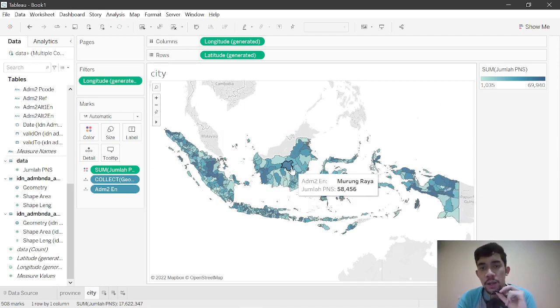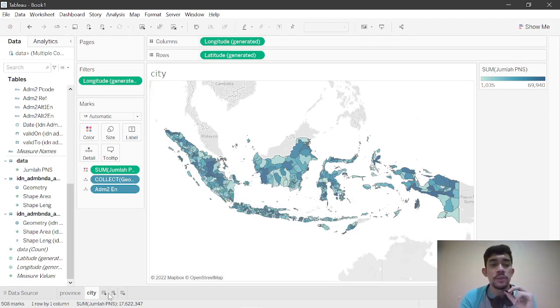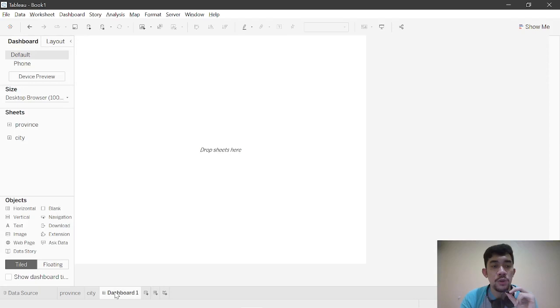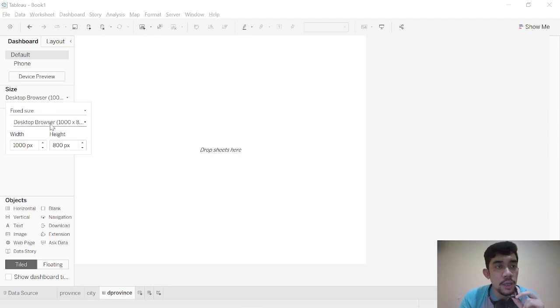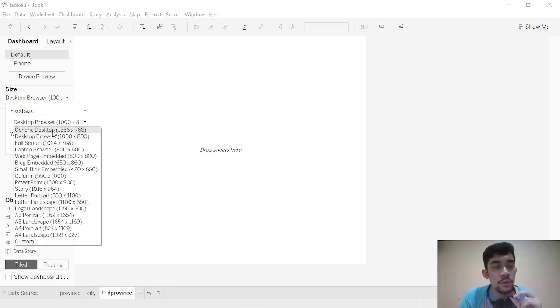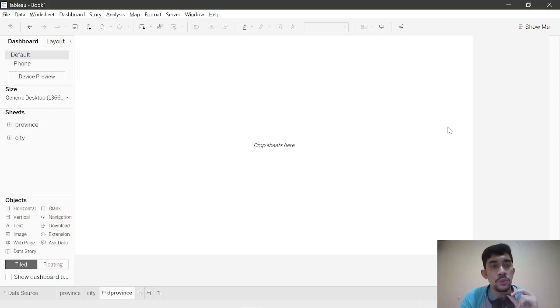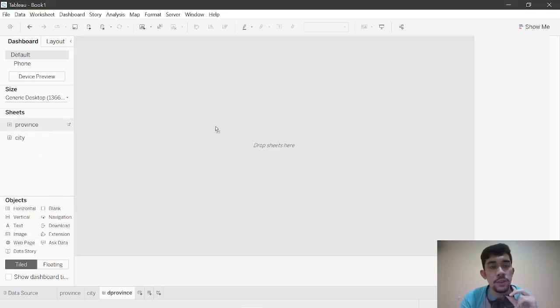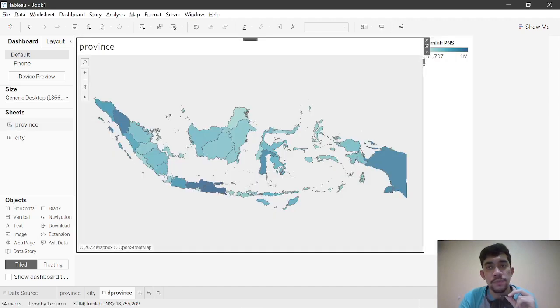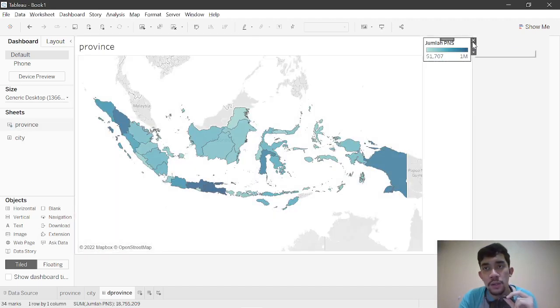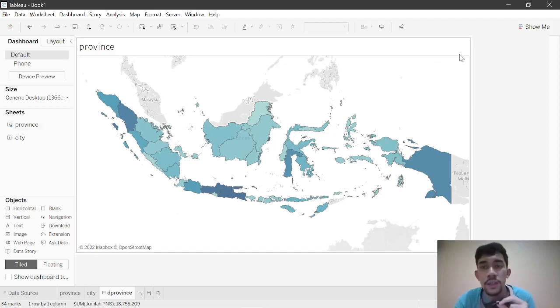It's now on city level. And next we create a new dashboard, so it's not on sheet level anymore. Let's name it after the province and change the size to a reasonable ratio and drag province. Here I don't want to have the legend, to make it full screen. Okay,